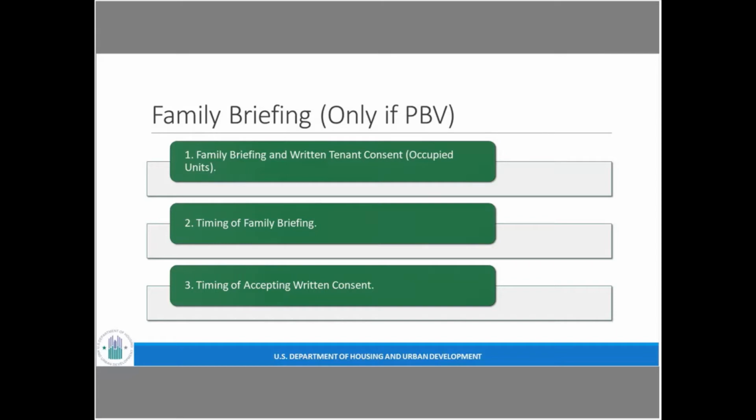But in order to obtain that tenant consent, the Housing Authorities need to hold a family briefing in which they explain to families the differences between the tenant-based and project-based program, so that the family can fully consent to the PBV lease should they choose to do so. The requirements for that family briefing are outlined in Appendix A of the notice, 2019-05, so I encourage you to